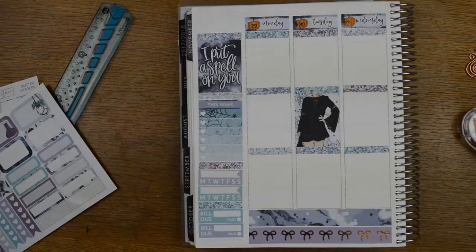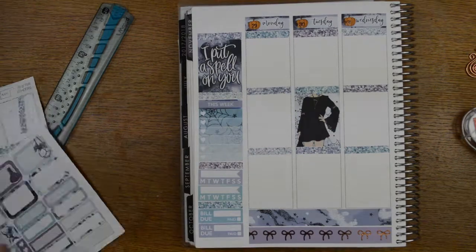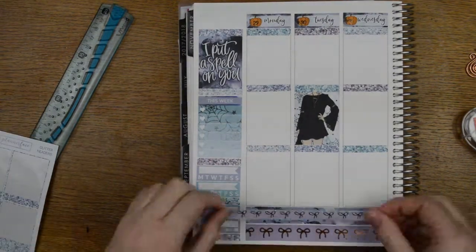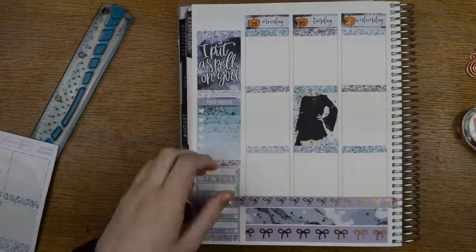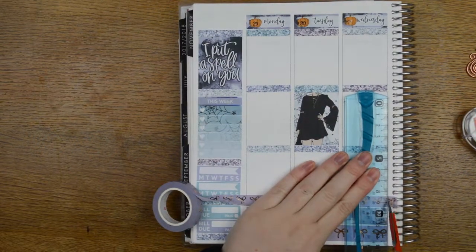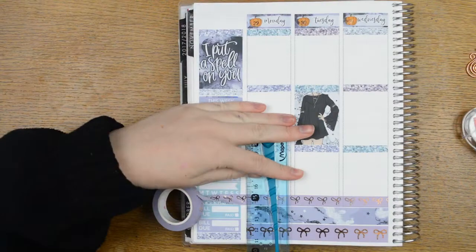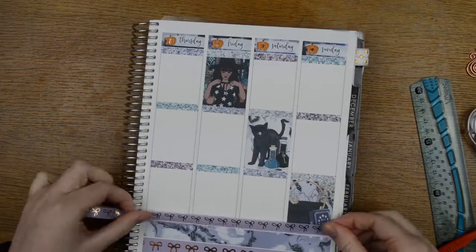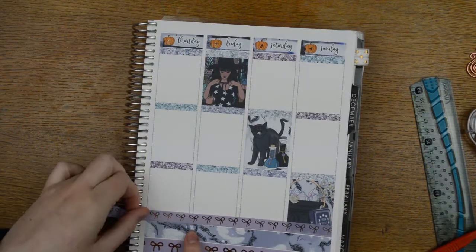Then at the bottom I have this awkward amount of space, so I decided just to put my bill dues on there rather than on the sheet itself. And then just finish it off with another glitter header because a 10mm stripper washi would not fit. And that's the sidebar. Along the bottom of every day I'm just popping this strip of 10mm washi,